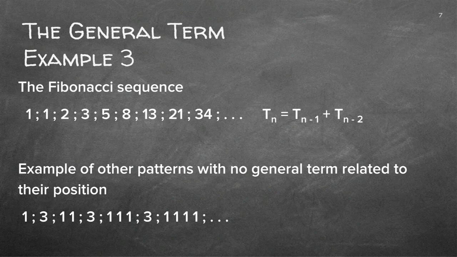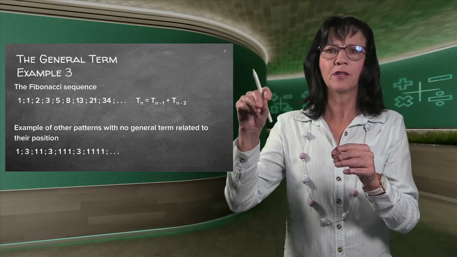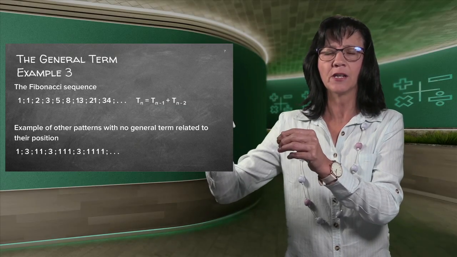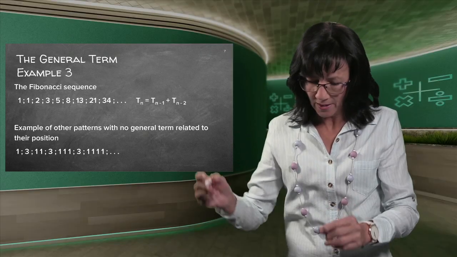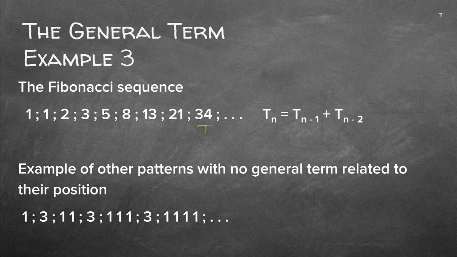It's totally different. You know how the Fibonacci sequence works. You add two terms and it gives you the third one. And you add those two and it gives you the next one. And you add those two and it gives you the next one. So if I describe this one as Tn, then this one will be Tn minus 1. Then this one will be Tn minus 2 because I'm now working backwards. So what do I do? I add these two and that should give me Tn. So this is where they get the formula from.